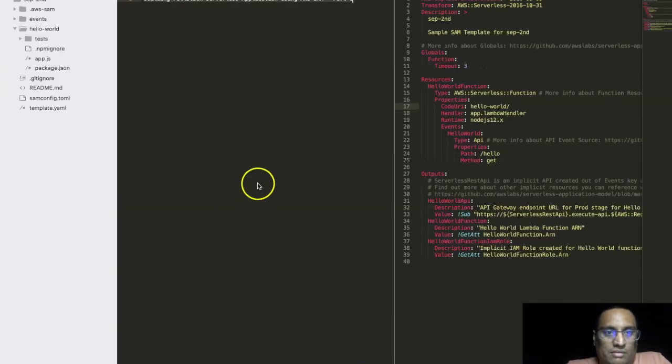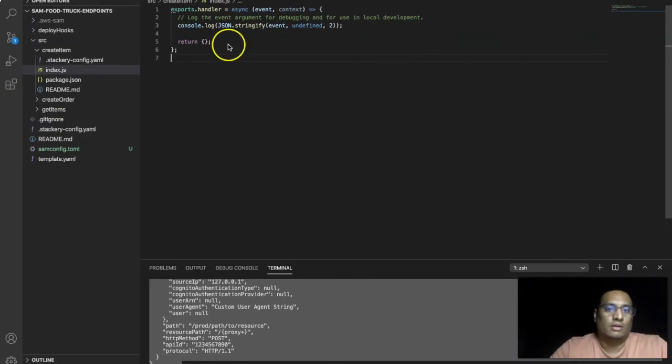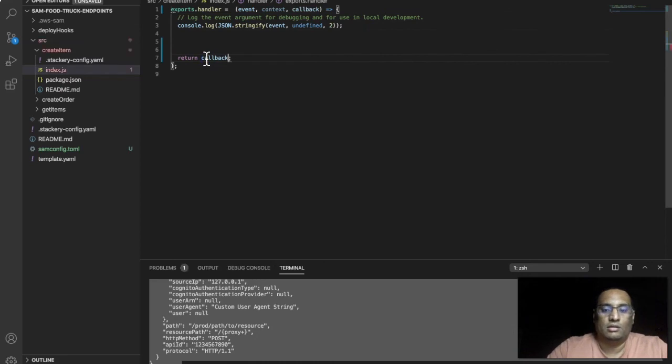Let us keep it in Sublime Text. Let us go ahead and dummy this create item method. It's not going to be an async call, it's going to be callback based. So let us add a callback here, and we're going to return the callback. We're going to assume a success message here and a sample message here. We will define the sample message here. So sample message,